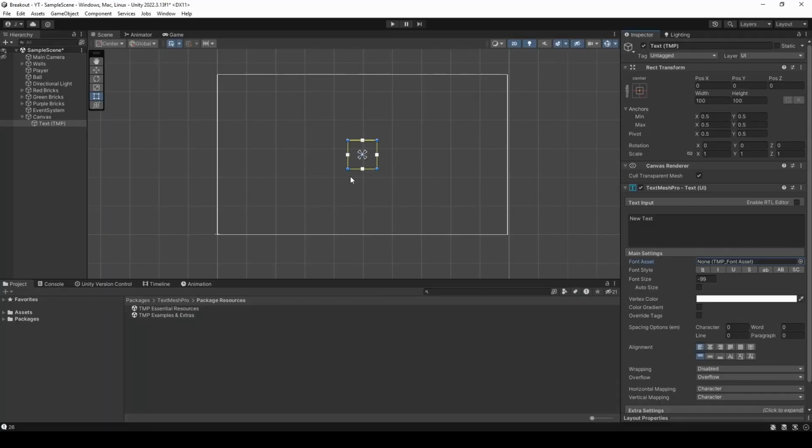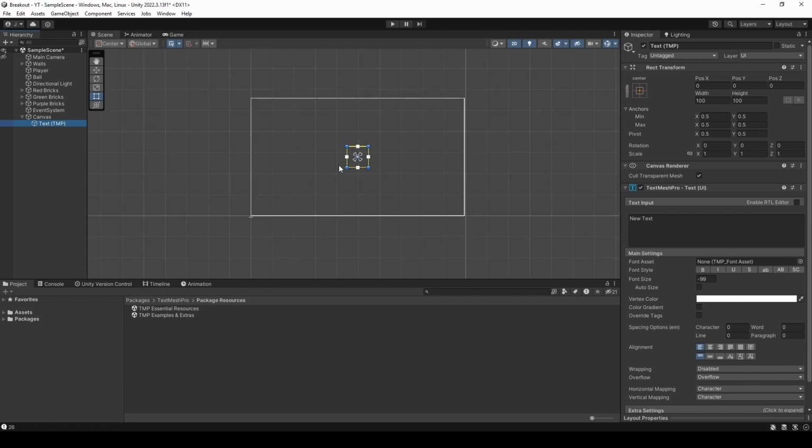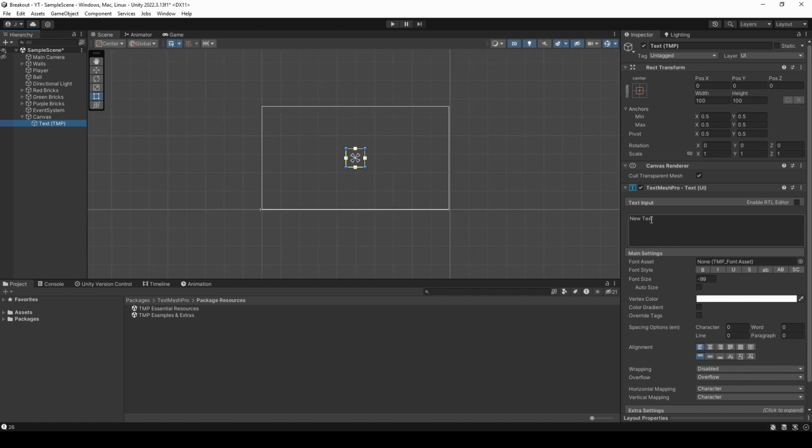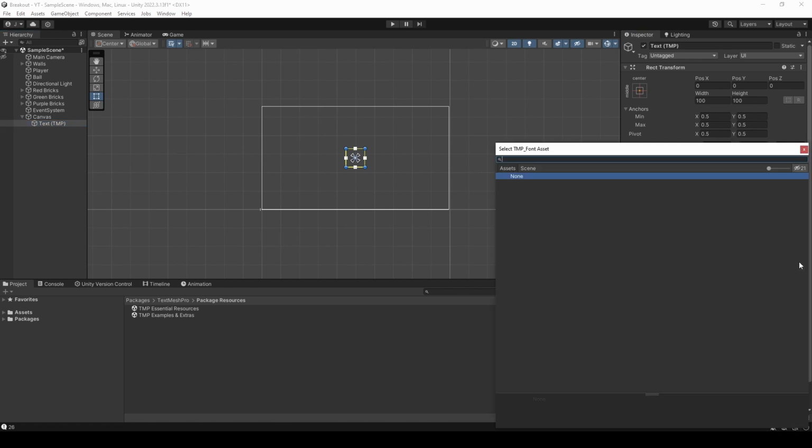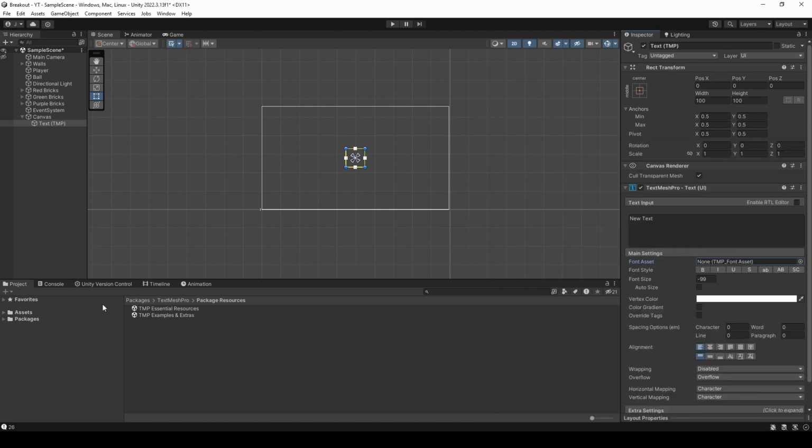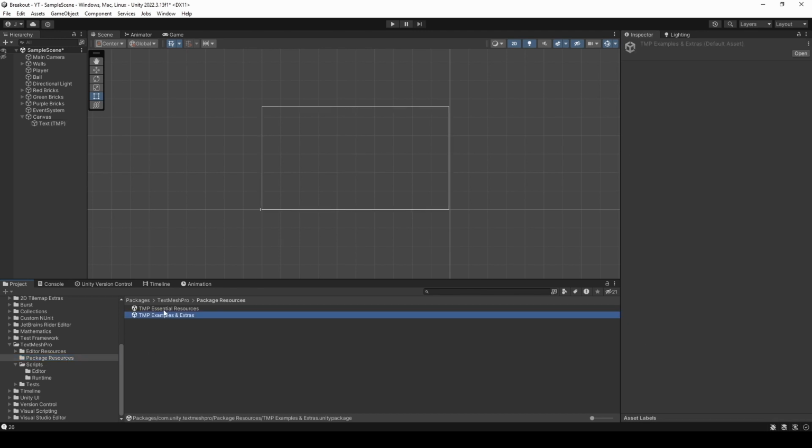All right, so back in the editor here, TextMesh Pro is already installed on mine for some reason. I don't know if this is something that's changed. However, when I went to add the text for the TextMesh Pro, I noticed that it's not actually appearing here, and also the font asset is missing. There are no font assets here. So what I believe we have to do is down here in TextMesh Pro in the package resources, we have to actually